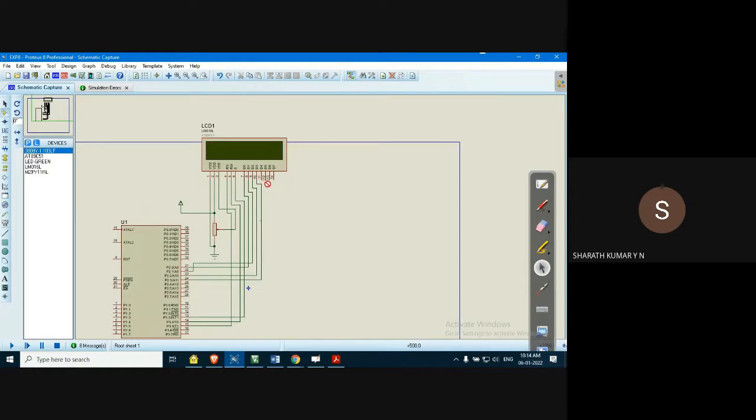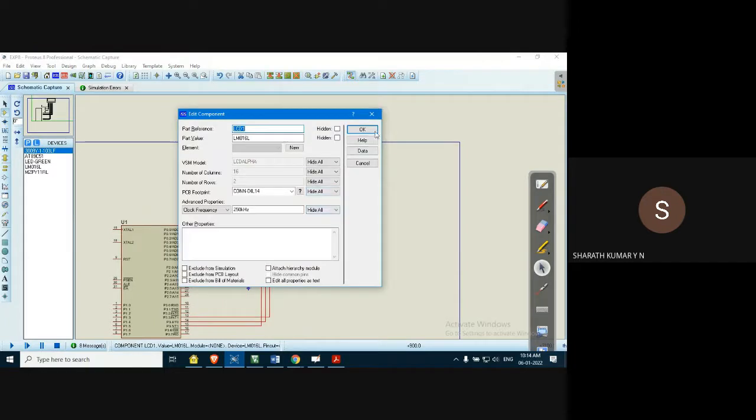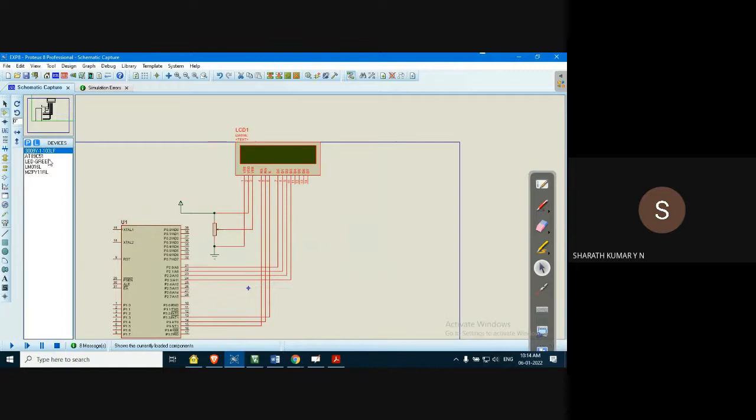D4, again we have the same column. Okay, no issues. We'll shift it to the right. Select this, shift to the right. It will automatically adjust. Okay, here we go. We have no sufficient space now, no issues. D4 to P2.4.